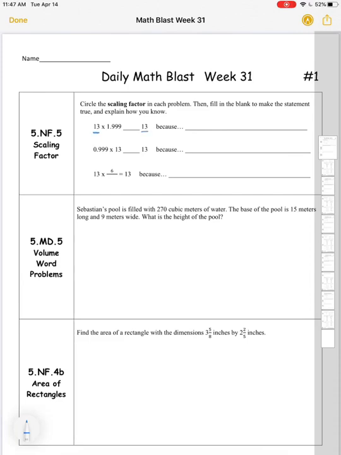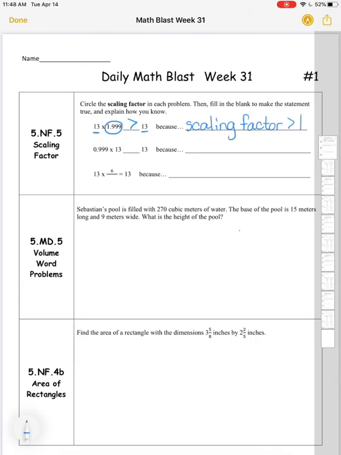So when I look at the first one here, I have 13 on both sides of my relationship. And I'm multiplying this left side by 1 and 999 thousandths. So what we want to figure out is how do those 13s relate when the 13 on the left is multiplied by 1 and 999 thousandths. Since our scaling factor is greater than 1, then the product is going to be greater than that 13 we started with. And so I'm going to say because scaling factor